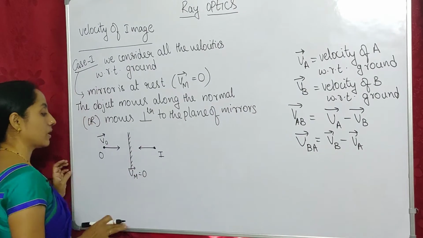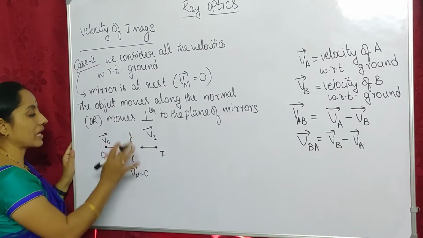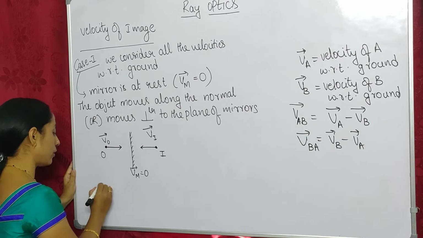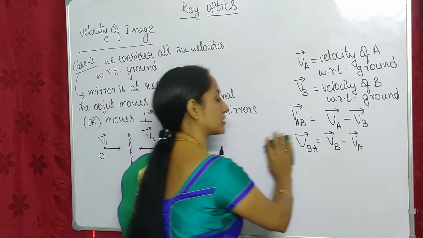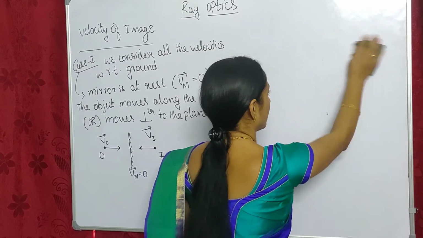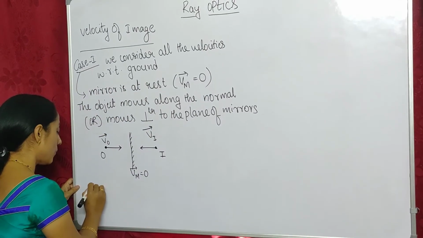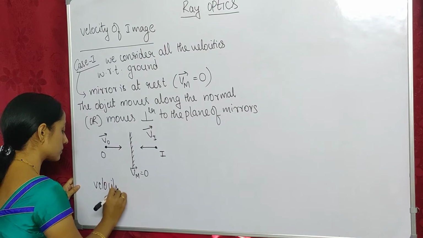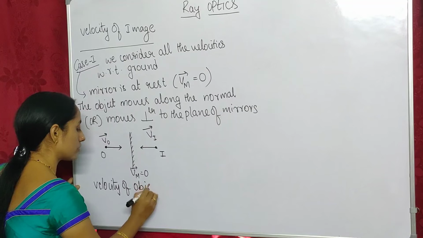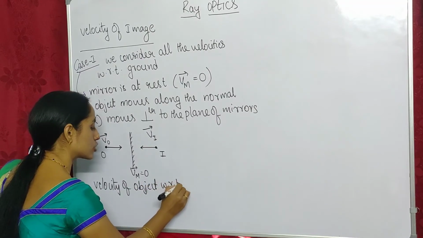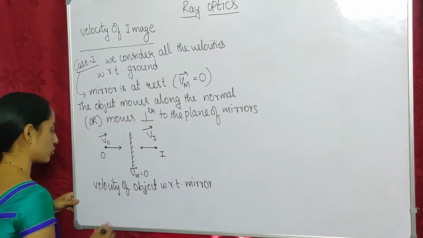So this is the concept. Now let us write the velocity of image as Vi bar. Now we have to analyze this. How to write VO bar? We can find out different situations here. How possible questions can be made, that we will analyze. So first of all, if you analyze velocity of object with respect to mirror, if I want to find out velocity of object with respect to mirror,